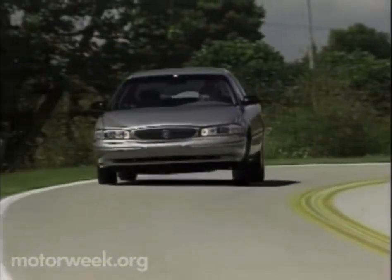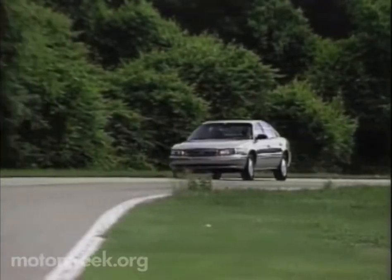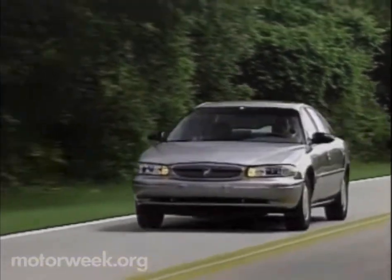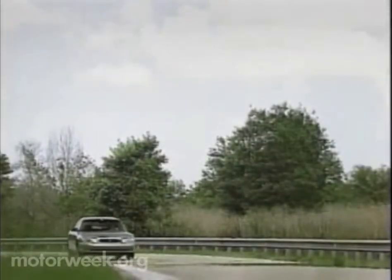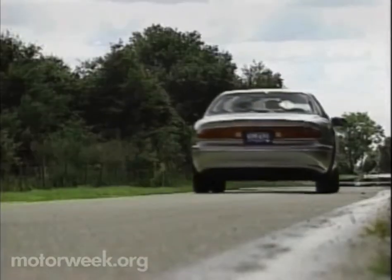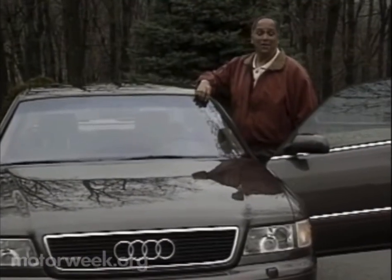Figures like those, plus a modern interpretation of the Boulevard ride, make the Century more than competitive in its midsize class, especially considering that 70% of Camrys and 90% of Accords have only four-cylinder engines. We think when any potential family car buyer sees how much Buick their dollars can buy, they'll be thrilled that a new Century is right around the corner. Whether your car is old or new,